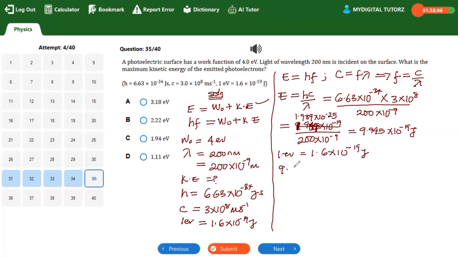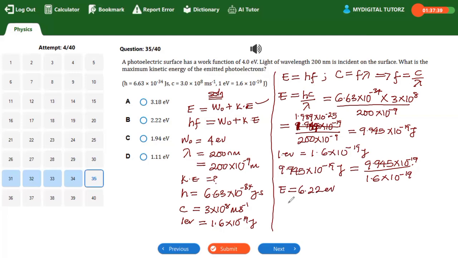Therefore, 9.945 times 10 raised to power minus 19 joules will now be equal to 9.945 times 10 raised to power minus 19, all divided by 1.6 times 10 raised to power minus 19. And that will give us our energy of the photon to be equal to